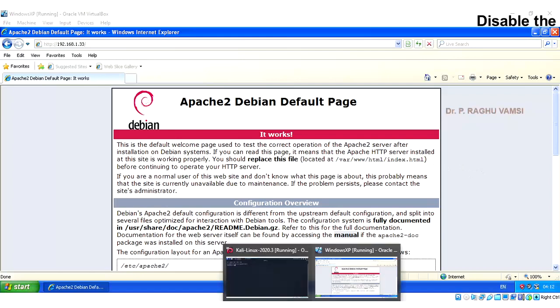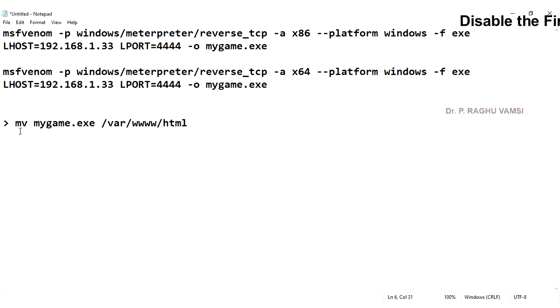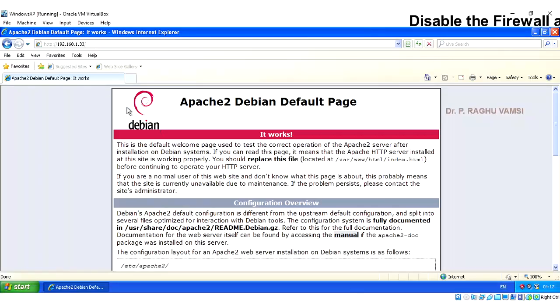Since I need to port this mygame.exe to this HTML, I have copied mygame.exe into the HTML folder. Now assume that this is the user screen, or the user computer, in which a user is browsing.